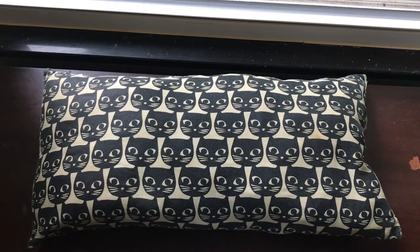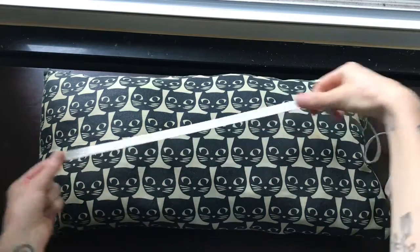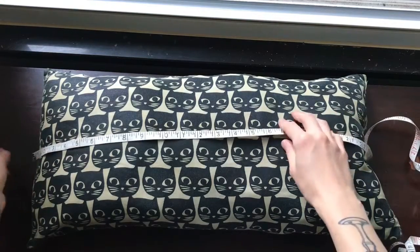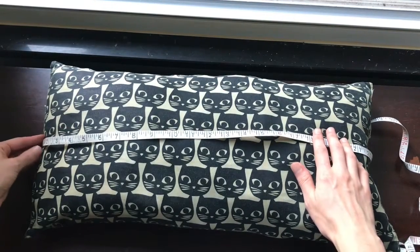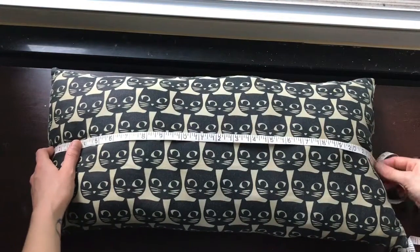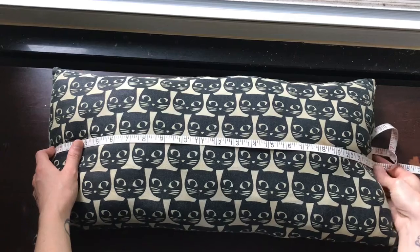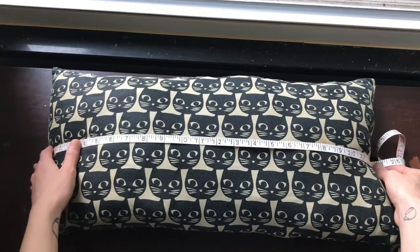Now that we have our pillow restuffed, we need to measure it so that we can cut the right size fabric. So I'm going to take my flexible measuring tape and start by measuring the length. I'm going to put my tape in the middle of the pillow and match up one end with the side seam, and then see where it falls at the other side seam. So this is 23 inches long,